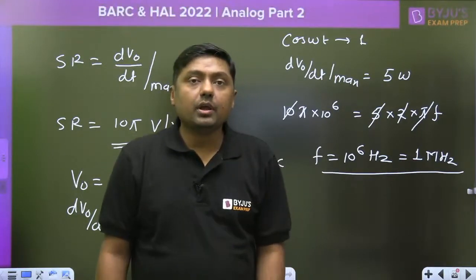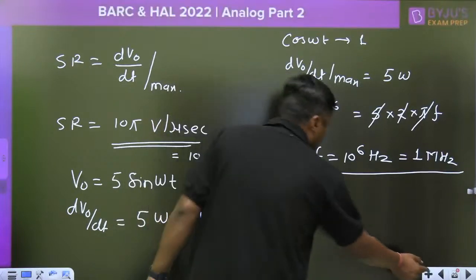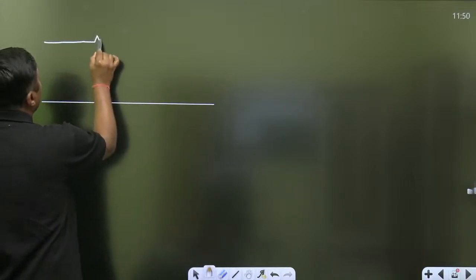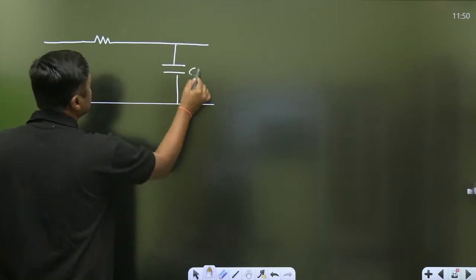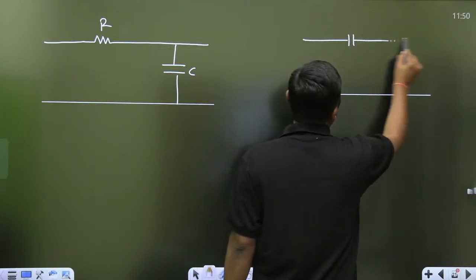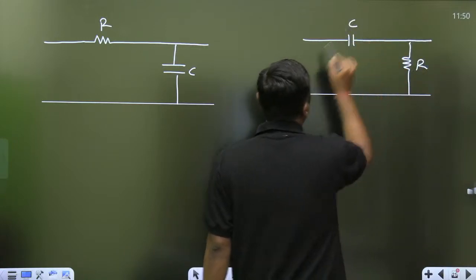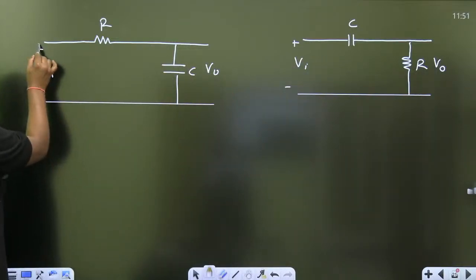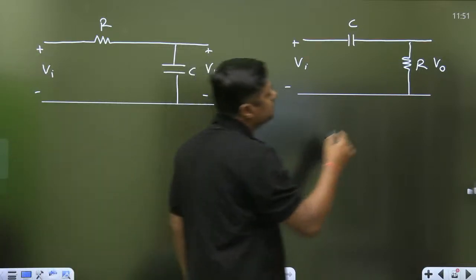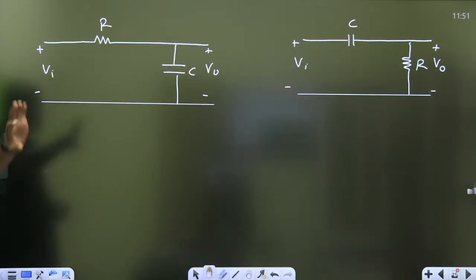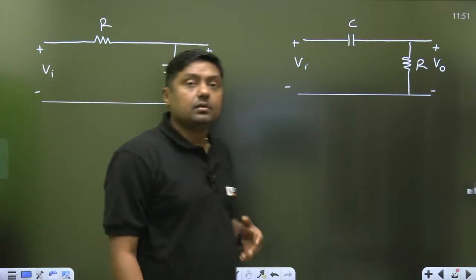Now what is the question? Yes, pay attention to the question you asked. We are designing a filter. Please tell me which type of filter it is, high pass or low pass? Which type of filter, everyone? This is the part of analog. First one is the low pass filter, second one is the high pass filter. Now we are designing